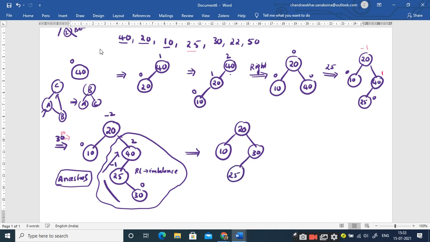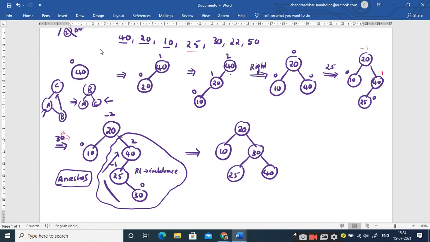And what is the right child of 30? It is 40. C. In this case, C. So it becomes 40. So even if you got confused, don't worry. You go according to the BST. The left child of an element should have lesser values, and the right child should have greater values. So if you push this 30 as the root node, obviously 25 which is less will become the left child, and 40 which is greater than 30 will become the right child. So don't get confused, nothing to get confused, right?